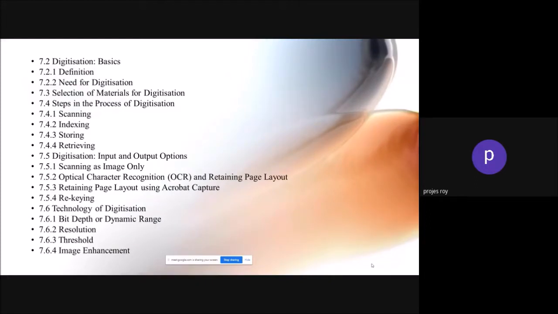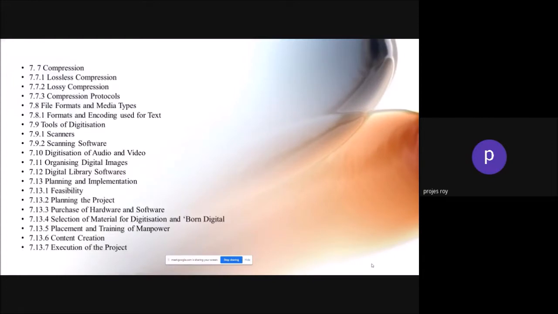of digitization, scanning, indexing, storing, retrieving, digitization input and output options, scanning as imageable, optical character recognition, OCR, and retaining page layout using Acrobat capture, rekeying, technology of digitizing, bit depth or dynamic range, resolution, threshold, image enhancement, compression, lossless compression, lossy compression, compression protocol, file format and media type, format and encoding used for text, tools for digitization, scanning software, digitization of video,